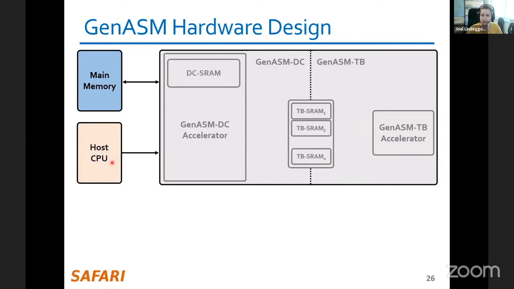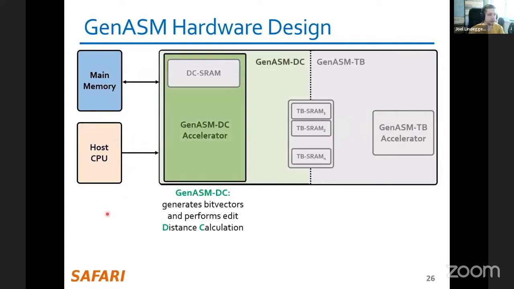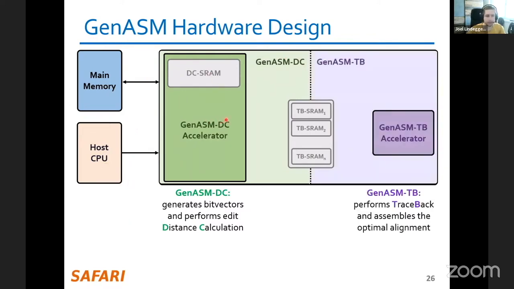So you have a bunch of hardware that stays in place and the data moves through the hardware that does computation over it. So we have a host CPU and some main memory, and those send their data to the GenASM DC accelerator that builds these tables, and then a traceback accelerator that obtains the cigar string. So the GenASM DC accelerator consists of some on-chip memory, and it then does some computation over there, sends it to some more on-chip memory, these TB SRAMs,